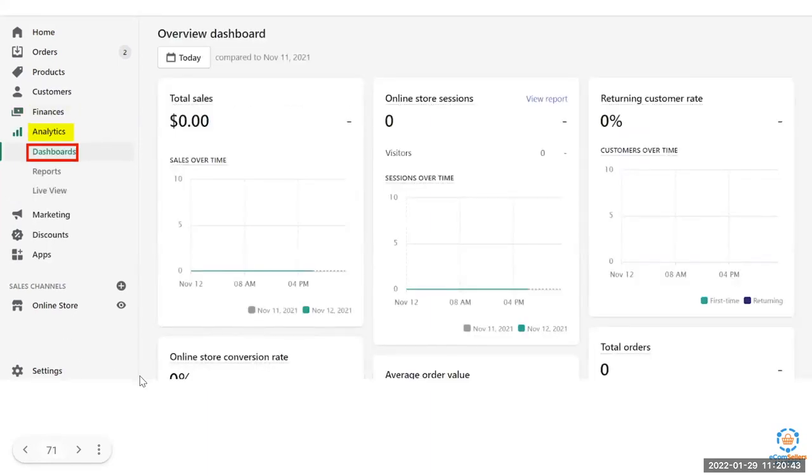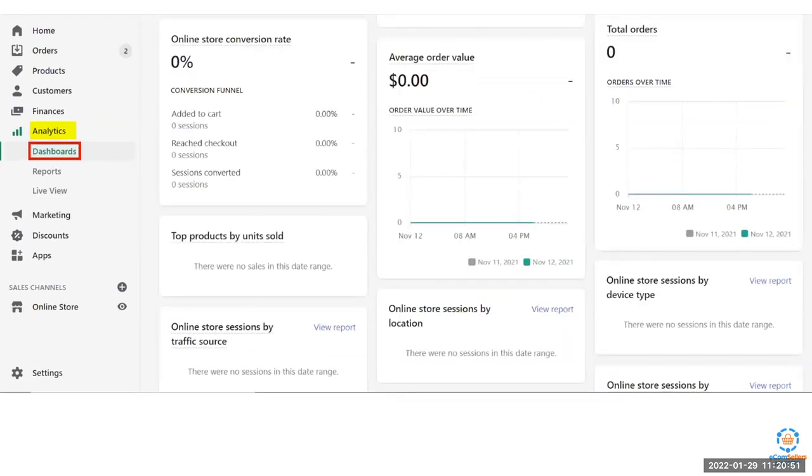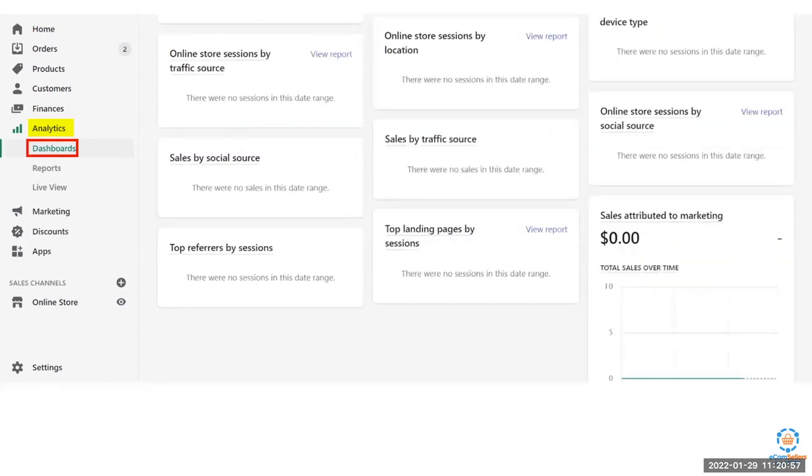And then the overview dashboard shows you how your store is performing. So you can be looking at this on a daily basis to see where you are on this journey, what your numbers look like, how your store is progressing, how many sales you're getting. And then this will give you some insight if you need to go in and tweak some of your ads as well. But you'll log into your Facebook Ads Manager or Google Ads Manager to see what the information looks like. It normally shows up as a pie chart or a graph chart, so you can see who is coming to your page, what the clicks are, and all that other stuff